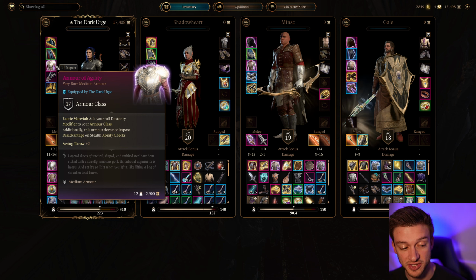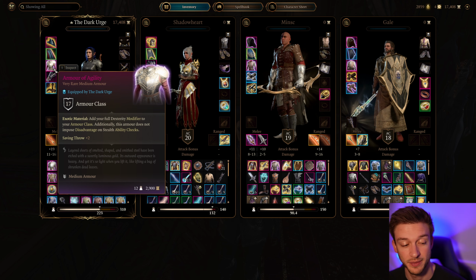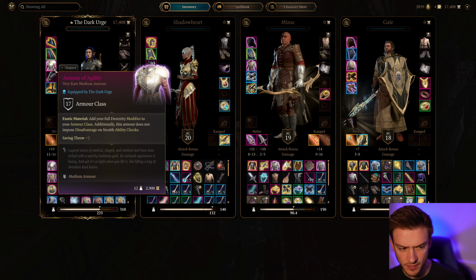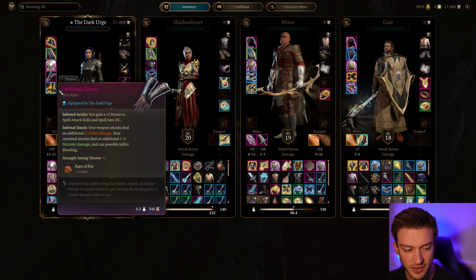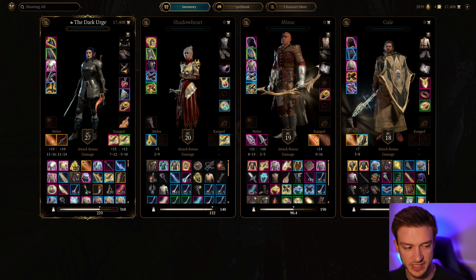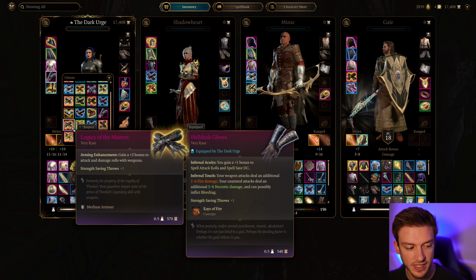Armor of agility adds your full dexterity modifier to your armor class. So we could have had a 28 if we had the Hag's Hair. That would have been 28 armor class. And we don't get disadvantage on stealth, and we get +2 to saving throws. I also like the Helldust gloves because that adds a nice 1d6 of fire damage to your attacks. It's quite nice, but you can't even...